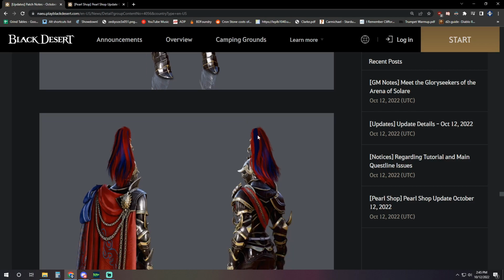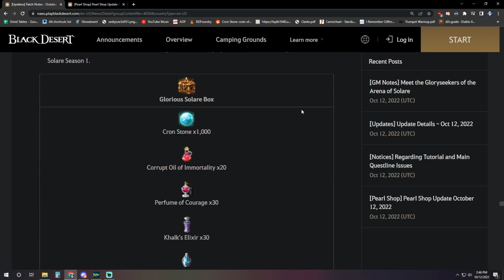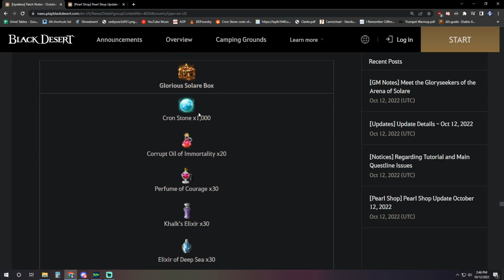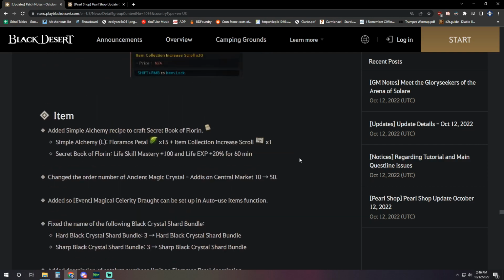Yeah. The other thing I would say too is I know that the top players for each class are going to get an NPC in the battle arena, which is pretty cool in its own right. But the fact that the title and the outfit are the same amongst the top 100, whether you're number 1 or 100, I think maybe should have had a little more thought put into that. But you're going to have a box going out to you as well to get all this cool stuff, some cronstones, elixirs, etc. From there, moving into item updates, we've got a new simple alchemy recipe to craft Secret Book of Florin,